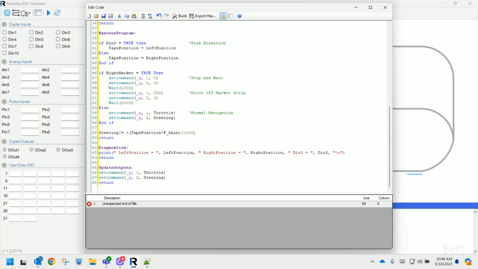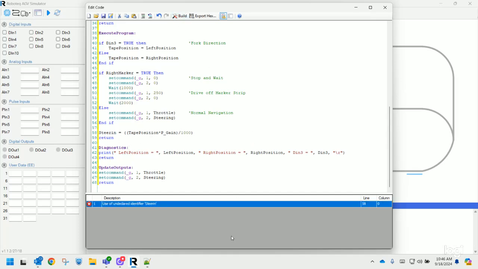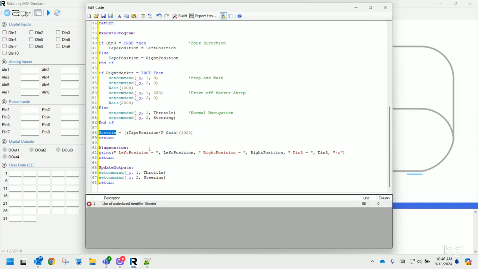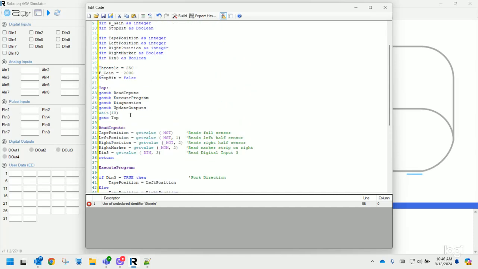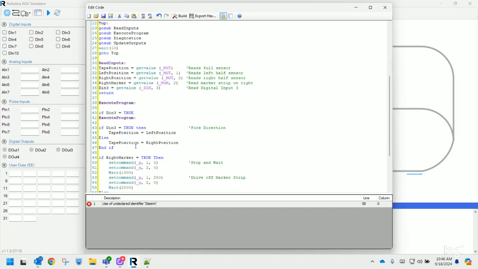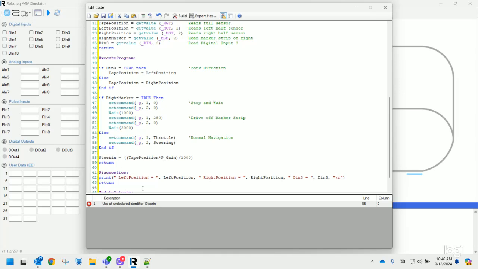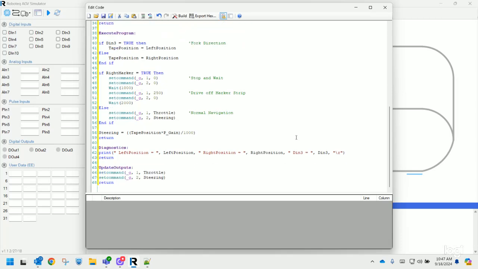Or if instead of steering, I say steer in and I build it, all it says is use of undeclared identifier steer in, line 58. If I go to line 58, it's telling me, hey, I don't know what this is. Well, that's because we don't have a variable called steer in. We've got a variable called steering. So pay attention to the compiler. It does give you advice on where the fault is. Sometimes it's very helpful, sometimes it's not, but it's at least going to get you in the right ballpark